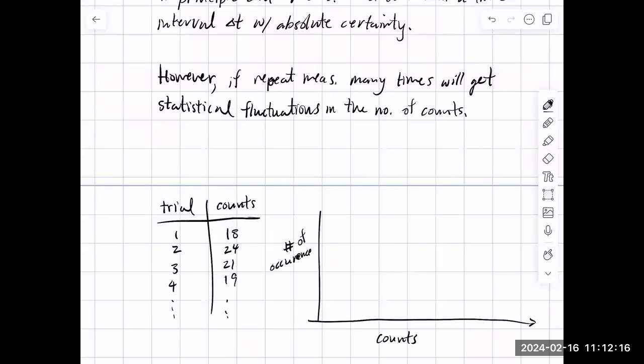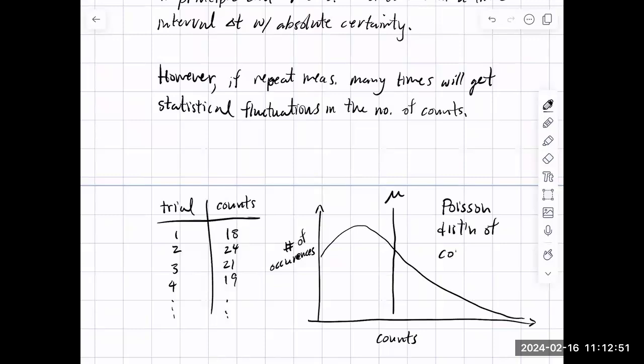So by number of occurrences, I mean, how many times did we get an 18? And how many times did we get 24? How many times did we get 21 out of our N trials? Okay, and if you plot that distribution for a Poisson distribution, it might be an asymmetric distribution, and the mean is going to sit around here. So it'll sit to the right of the peak. And so this is where our average sits. So this is the Poisson distribution